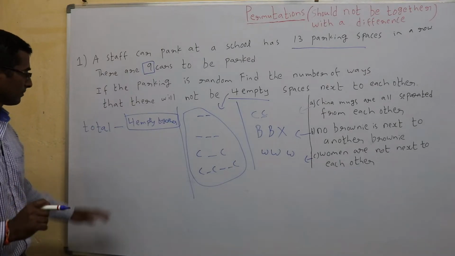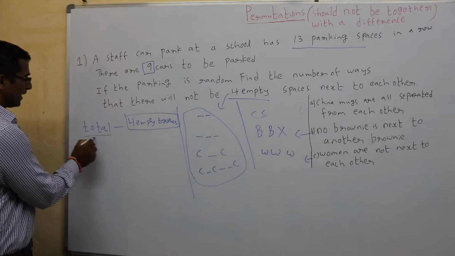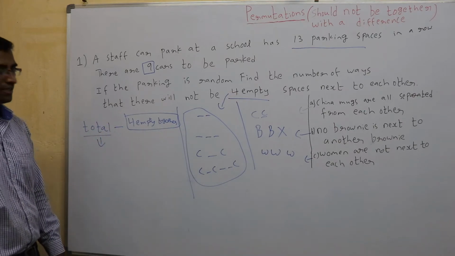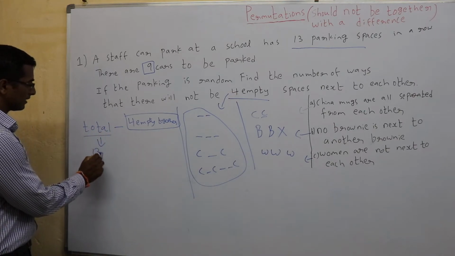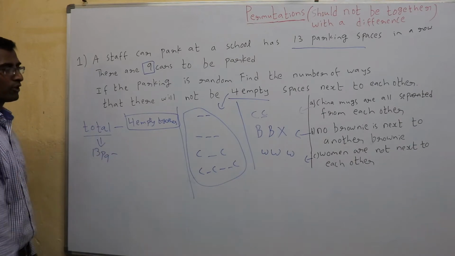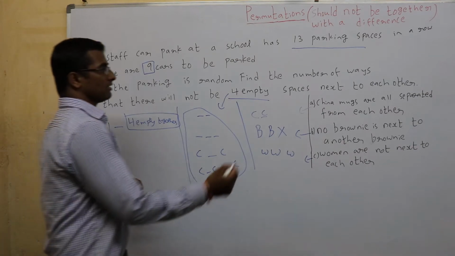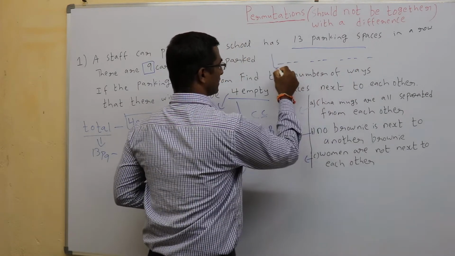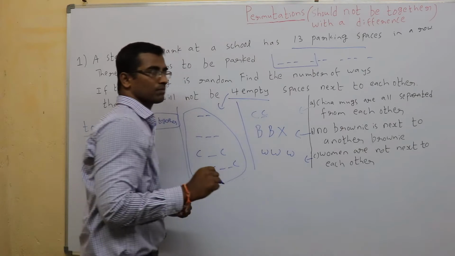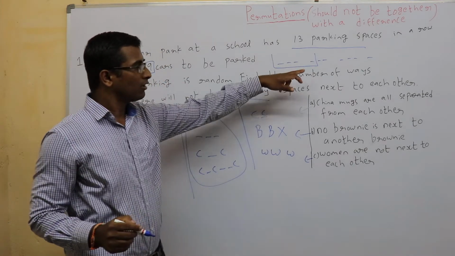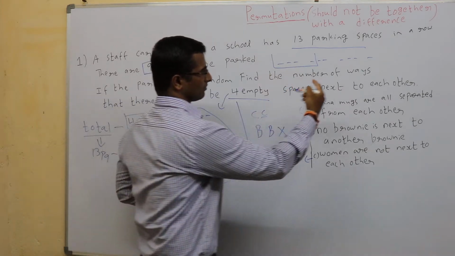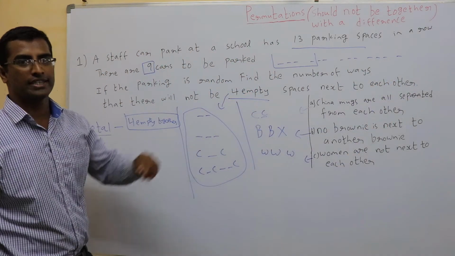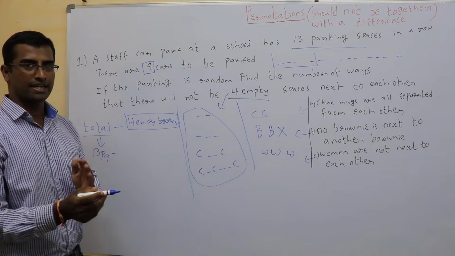Now next. Total how many ways do I have? 13 places to park, say 9 cars. So 13P9. 4 empty spaces should be together means 1, 2, 3, 1, 2, 3, 1. If I consider these to be 1 unit, 1 along with 9: 3, 6, 9, 12, 13. 1 along with 9 cars, 10. These 10 can shuffle in